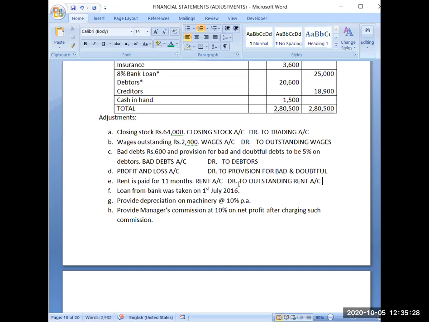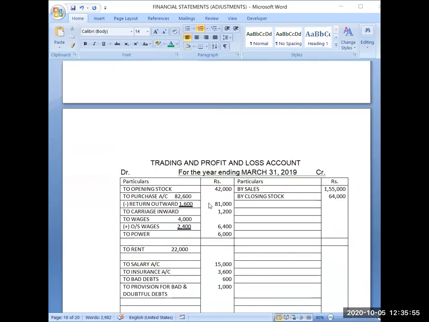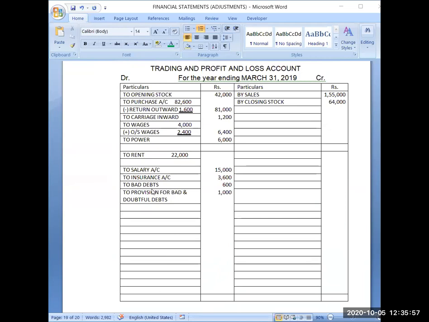So now there are two parts of this adjustment. One is rent account. Rent is a nominal account and it is my expense. Because it is my expense, it should have a debit balance. And again, I am debiting that expense. So that means my expense will increase. So here I have written rent. I will increase my expense now.